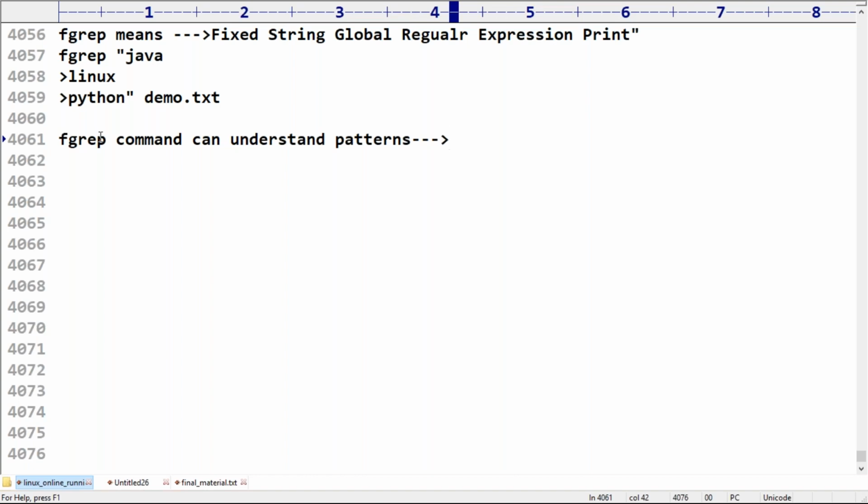Fgrep command never understands patterns. We have to provide only fixed strings. If I want to provide some regular expression, sorry, fgrep can't understand the meaning of that. Remember this carefully.